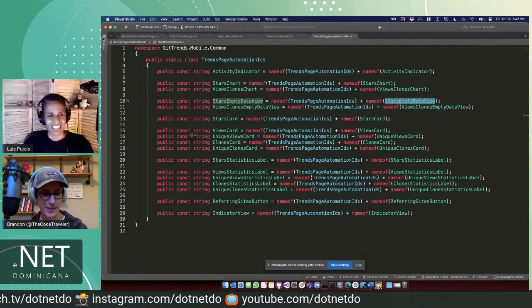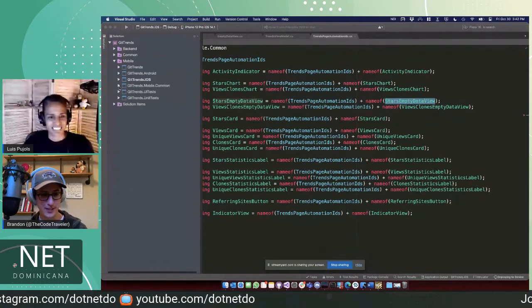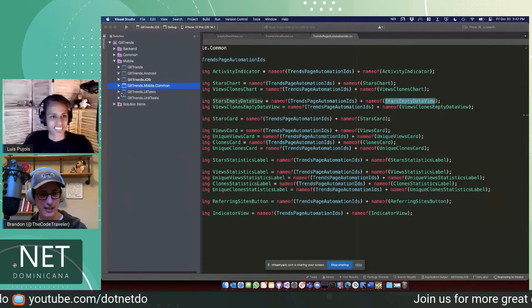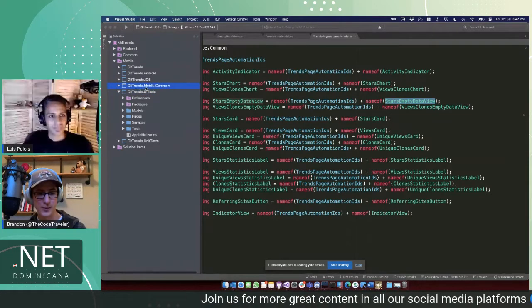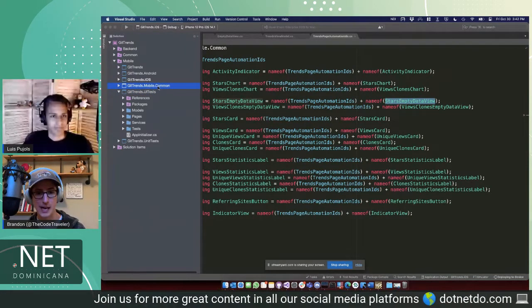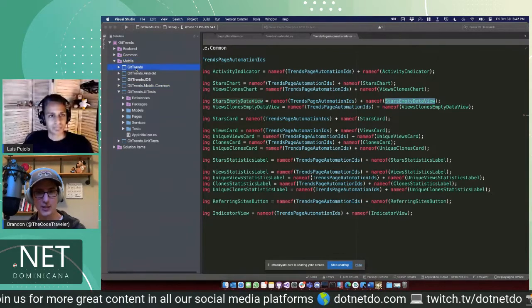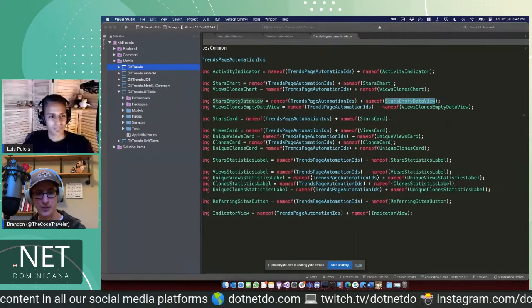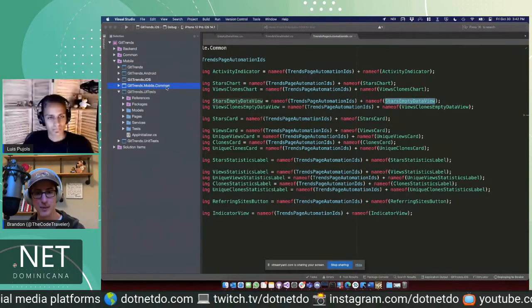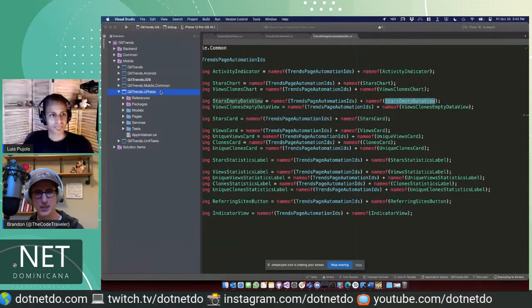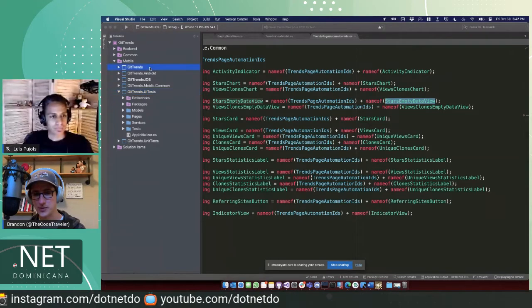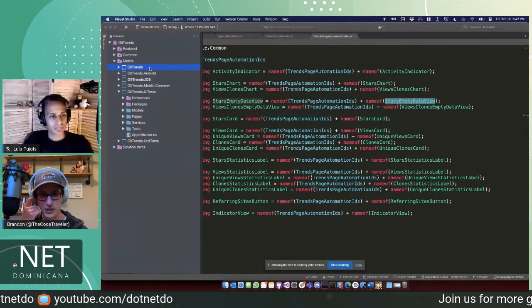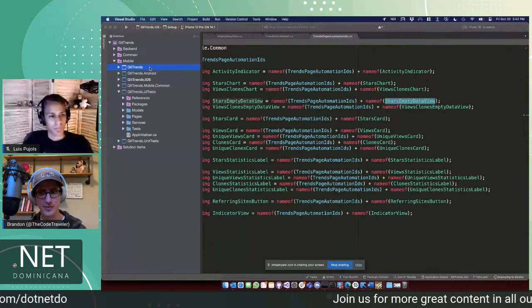And what I like to do, you'll notice this is in a different project. And I do that so that my UI test can reference the automation IDs from this project, from this mobile.common. And the GitTrends app can also reference the mobile.common library. And I do this because you could just have your UI test project reference your Xamarin Forms project, but